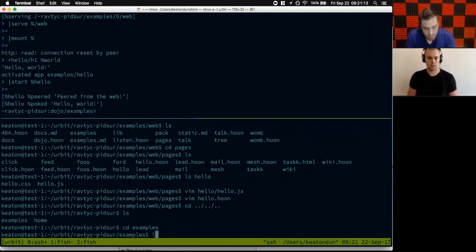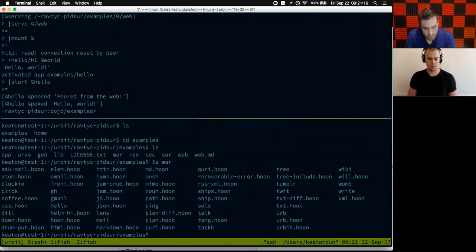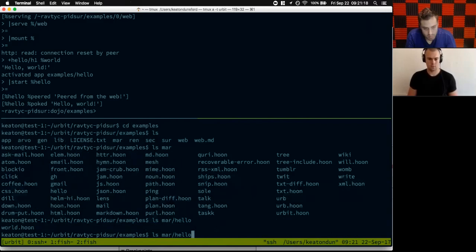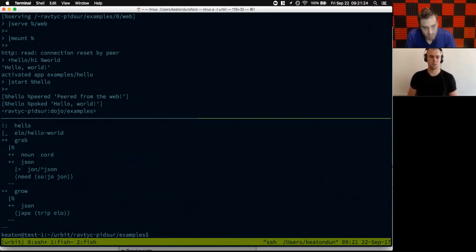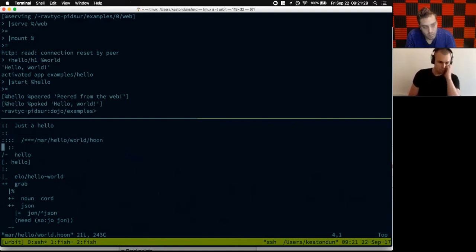An example might be, is there a hello mark? There is, cool. So let's look at this. We'll go line by line through what's happening here. First of all, this is a forward rune, this fashep, as we would call it, which uses the pronounceable ASCII names. We're just loading something from the namespace. So fashep specifically means we want to load a structure file that's in /sur. So if we actually look,